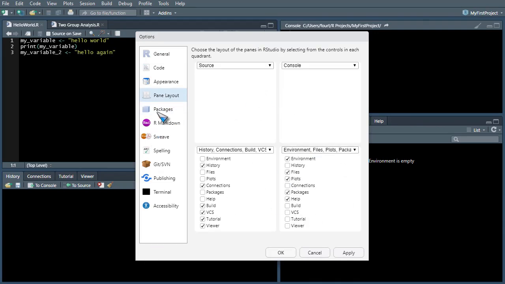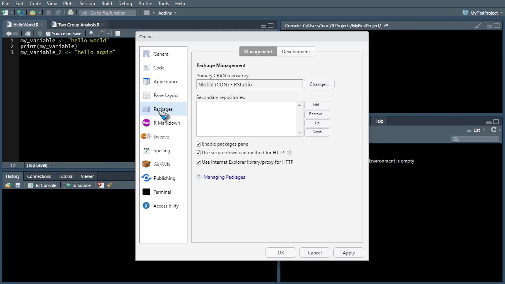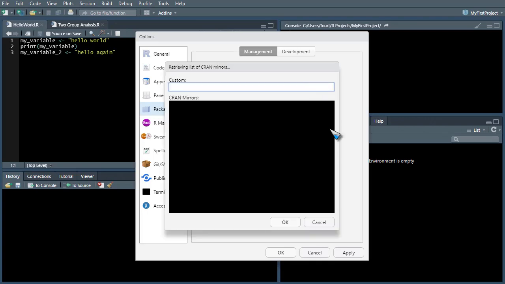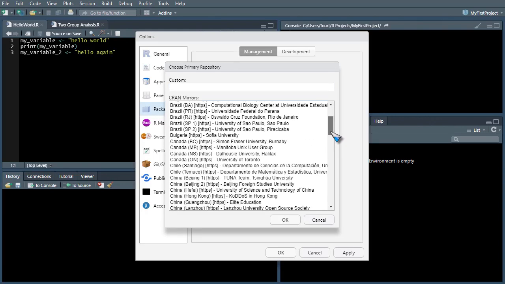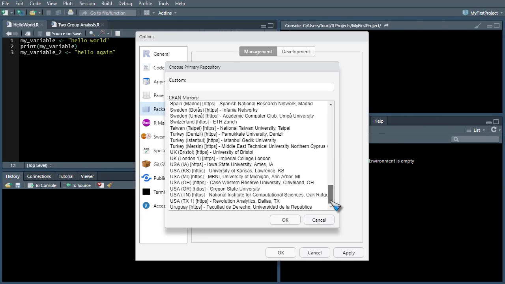The next options we can change are for packages. You know that the CRAN is the primary repository for R, but where you get your packages from depends upon what you have here. I'm getting them right now from RStudio, but if I want to change it, let's say it's a slow download most of the time, I might want to look for something that's closer. Like for instance, here in the USA, I might want to say, well, let's go ahead and get this from